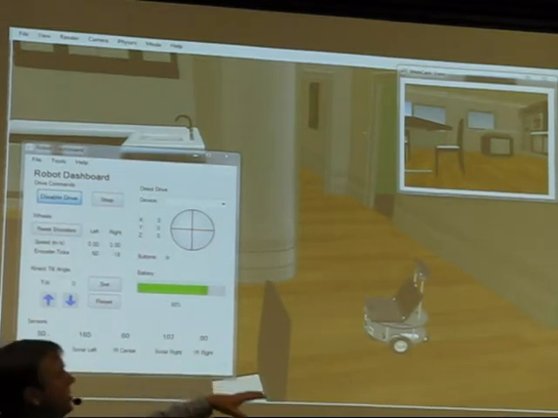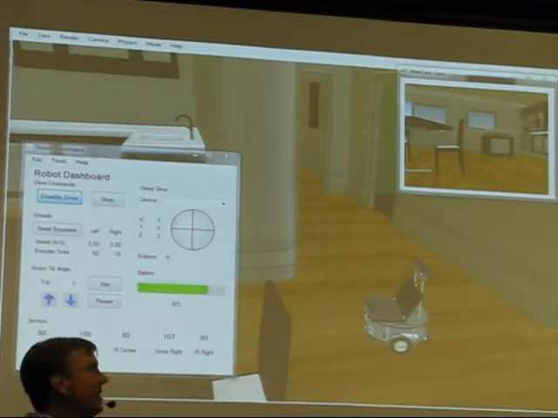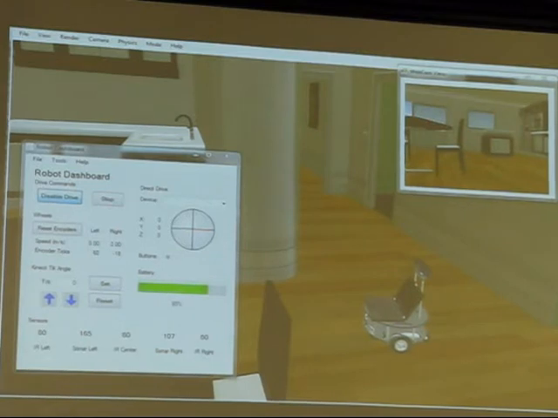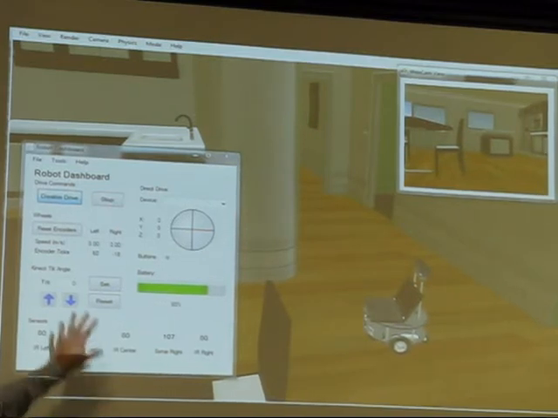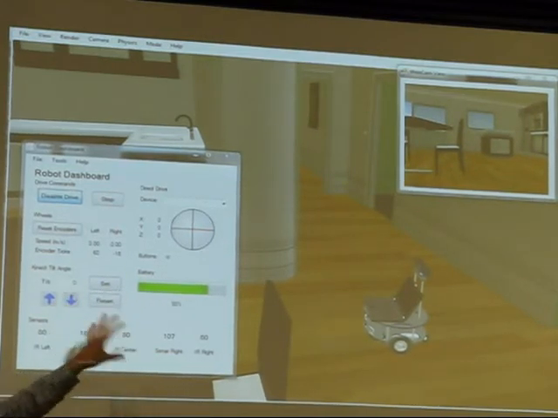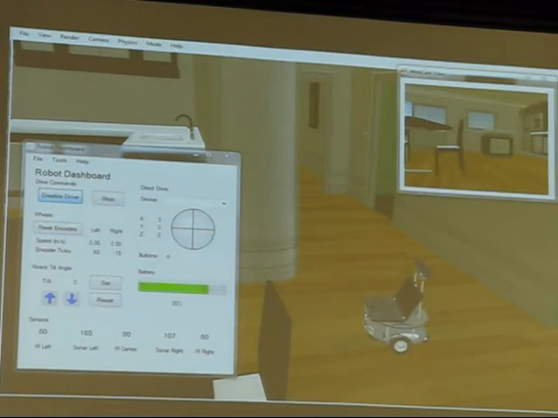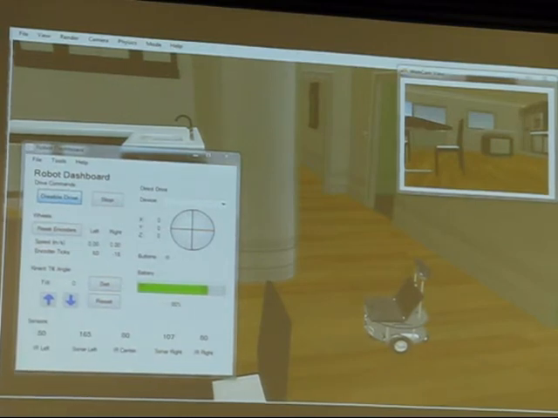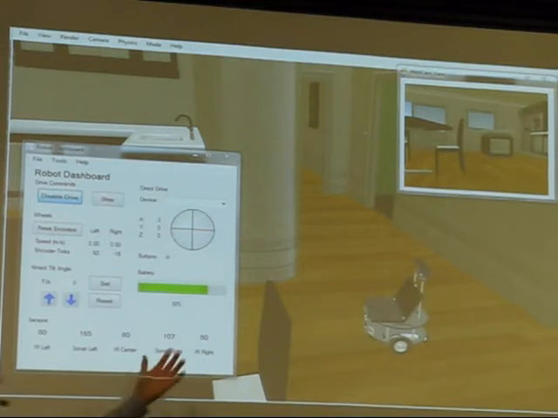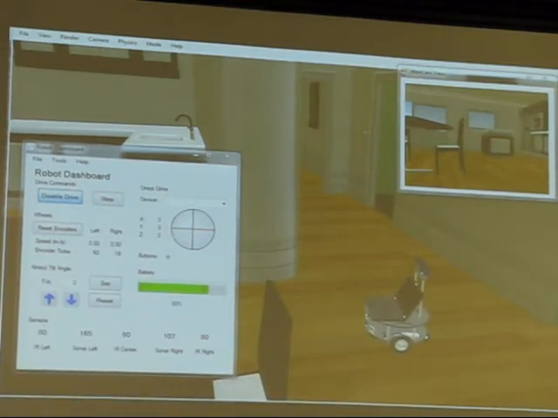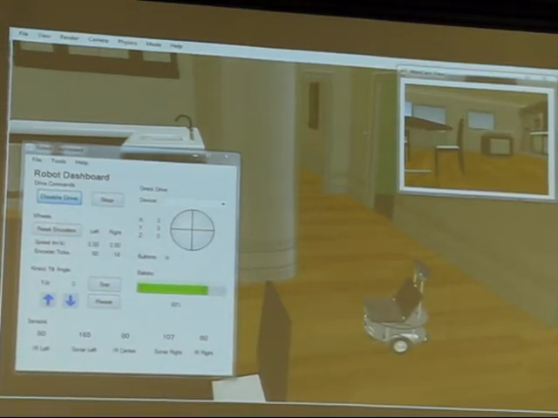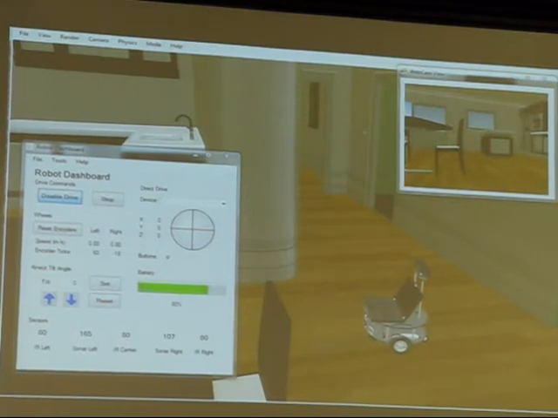The visual simulation environment has a few different settings, so inside a house with obstacles, it can be outside and so forth. And the user interface and everything is identical. It literally is the same code that you'd be running on the device itself. They've obviously programmed the availability for it in the simulation environment. They had to create the model, they had to create the physics and functionality for it, but that's all built in there.